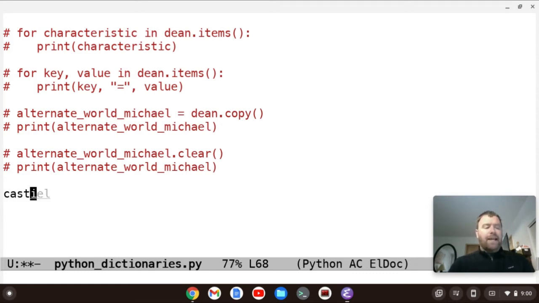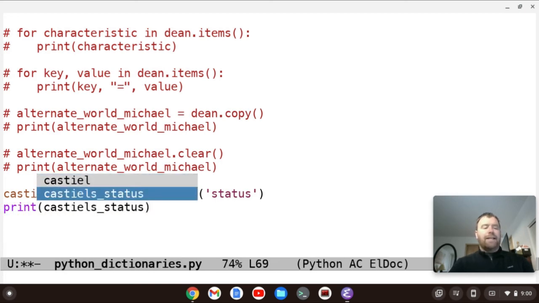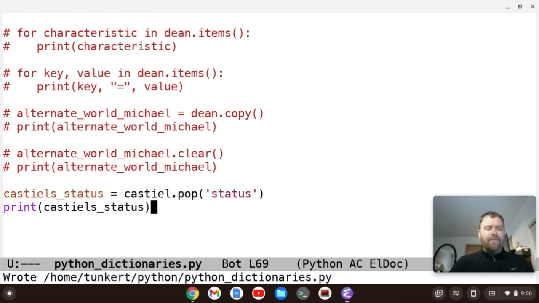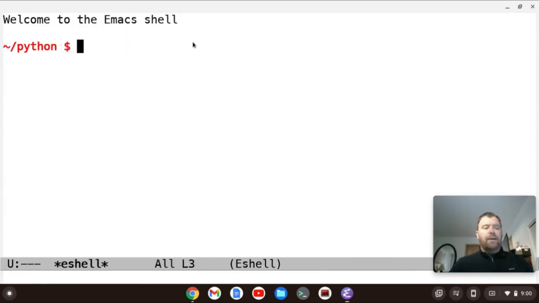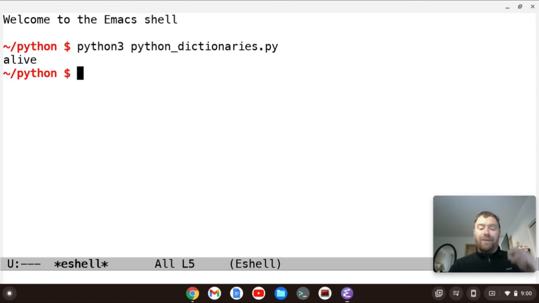Let's say castiel_status is our variable, and we take the Castiel dictionary and pop off the status key, and now we print Castiel's status. Let's save this and run it. We see that we get the value alive. So that popped the value and put it into the variable.